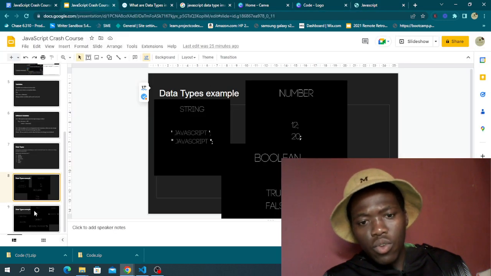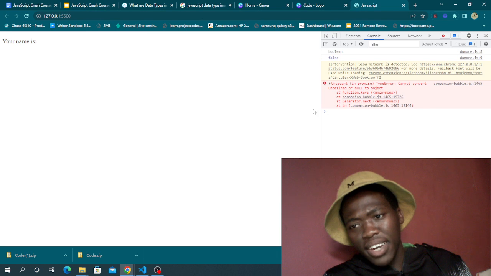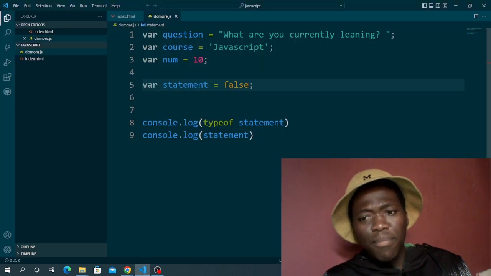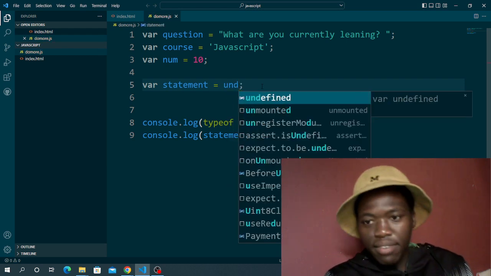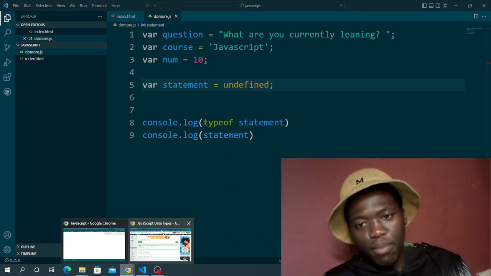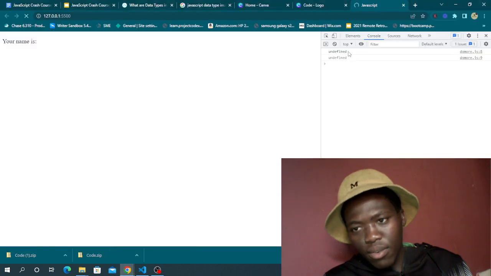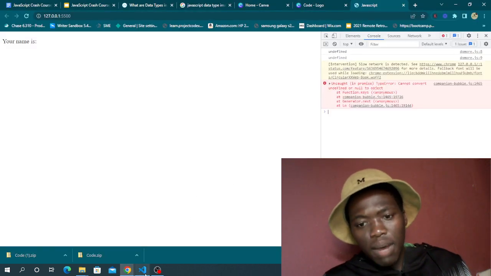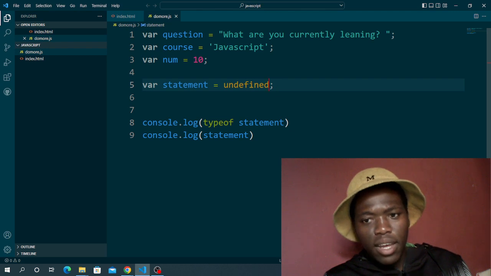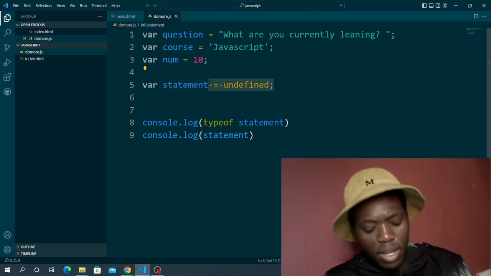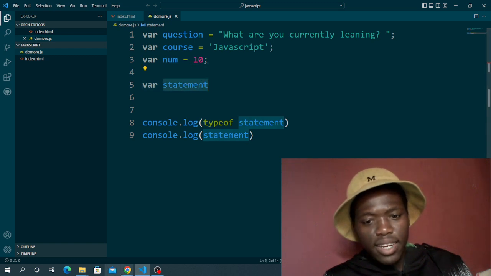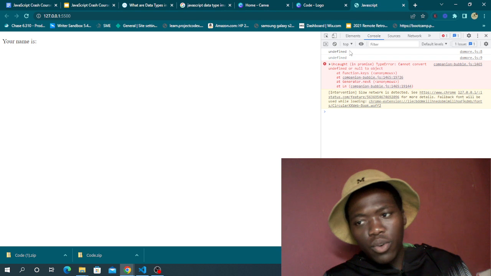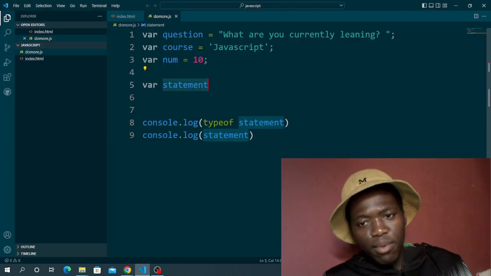Then we move on to undefined, which is the same as boolean. There is nothing much that you can do. I can just say undefined, right? And then we go to the browser, and then it says undefined. You cannot do much with it, but if you wanna check, you just declare a variable, and then not assign it. And then if you go to the browser, it still shows undefined,